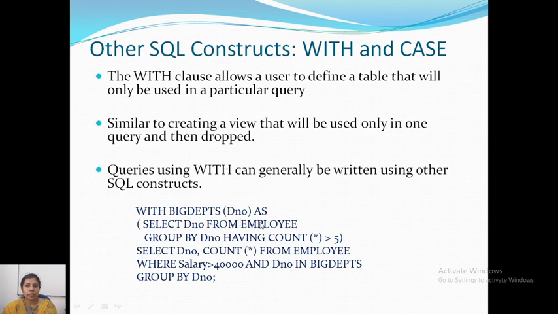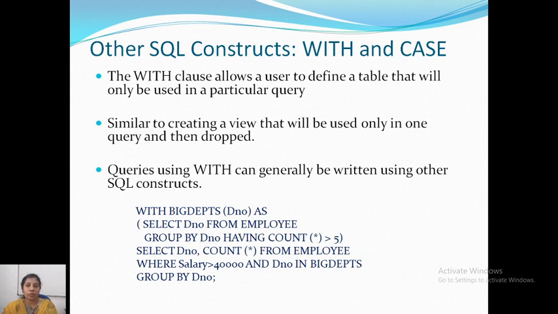So this big department will be used in the select statement. First we'll create the big departments, and this is the temporary table which has only one attribute, department number, and which department number it will have? It will have the departments where the number of employees